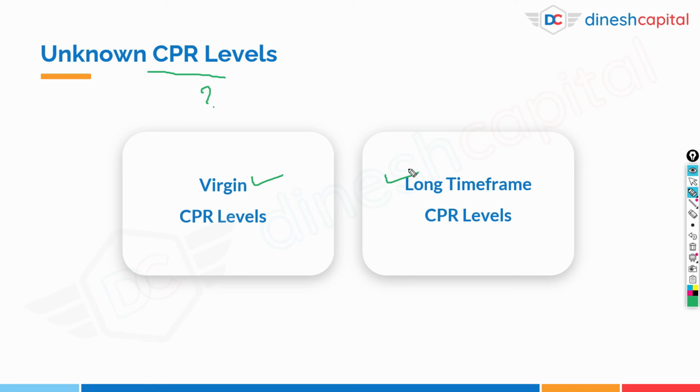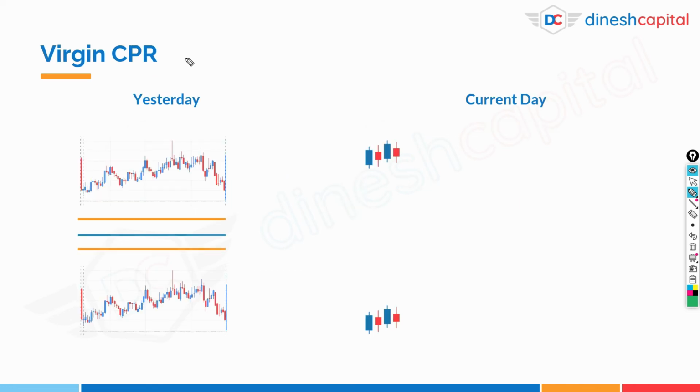First, let's look at virgin CPR level. So what is virgin CPR? The name itself says it all. Virgin CPR means that the price did not touch the central pivot for the whole trading day. This level is important as it is believed that the market will respond to such virgin CPR levels in the